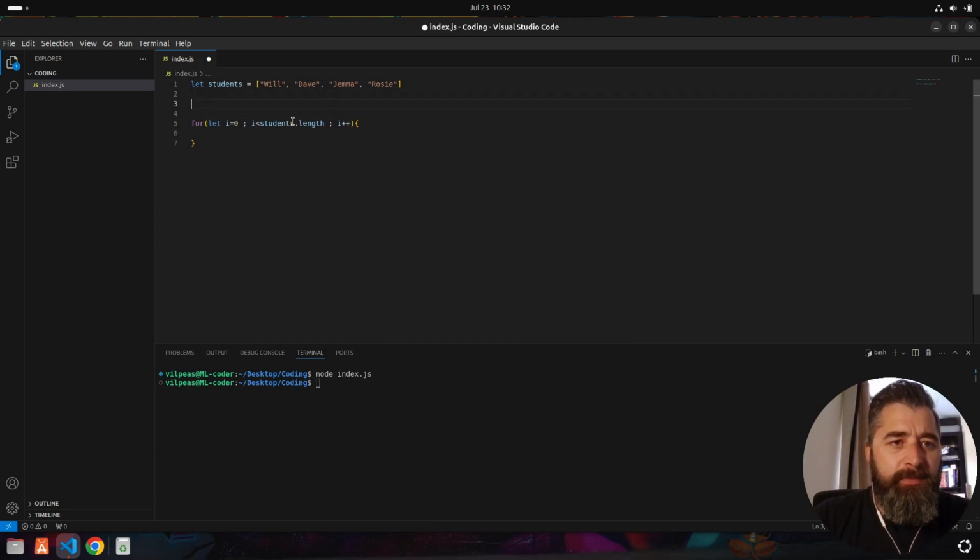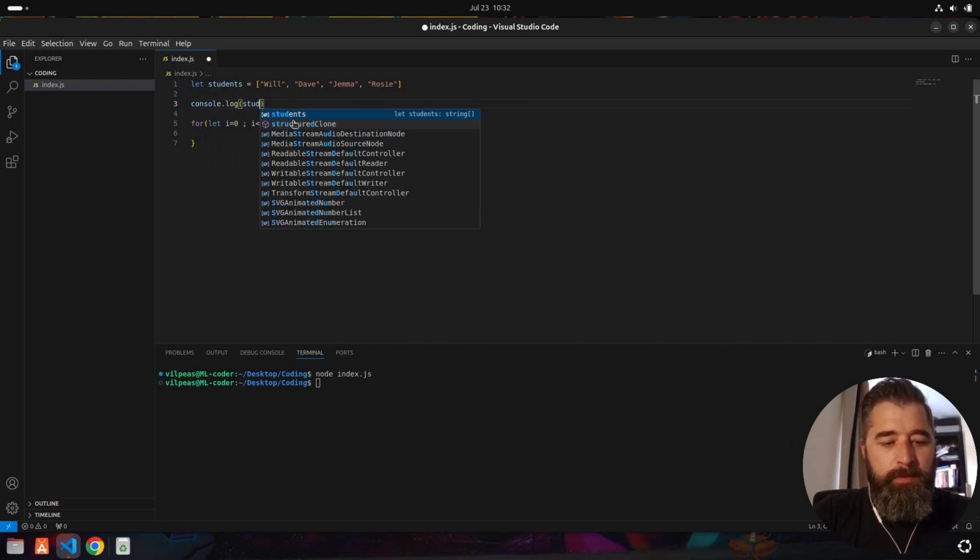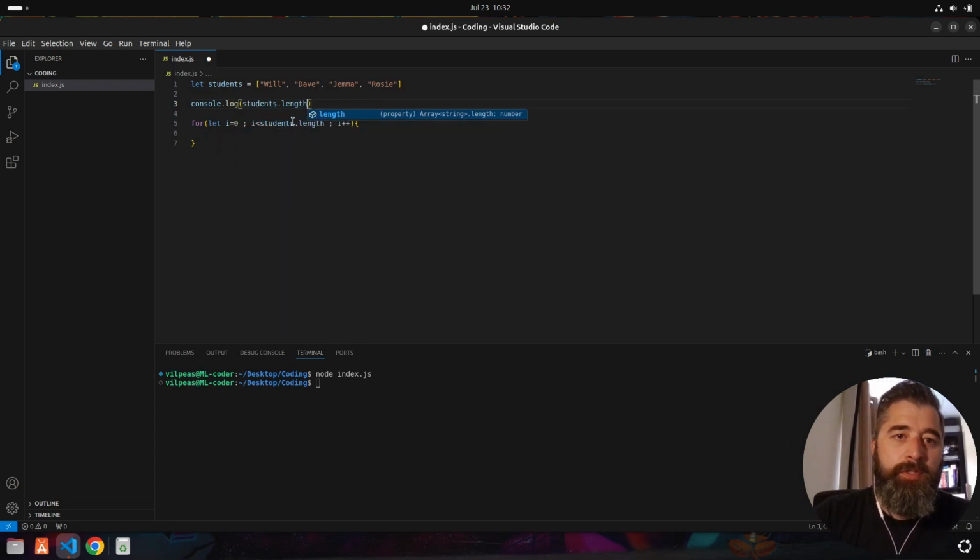This .length here is JavaScript specific, but in any language that you work in, you'll be able to find the length of the array. So what this for loop is saying